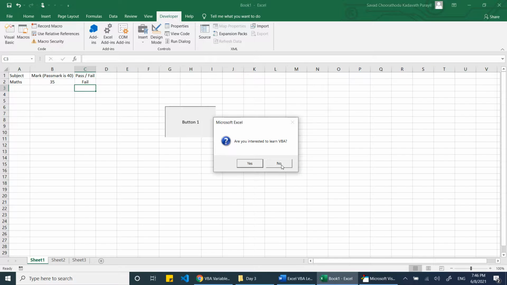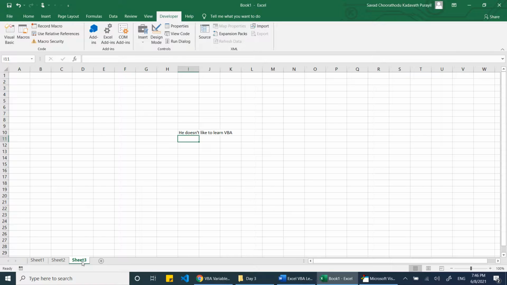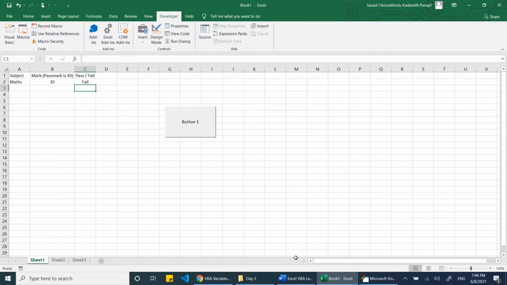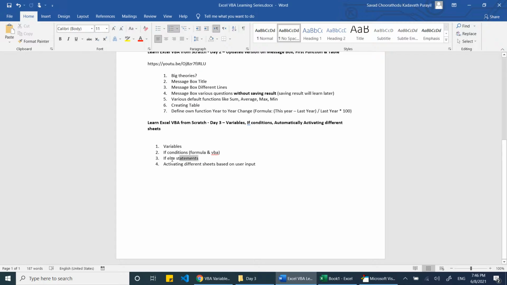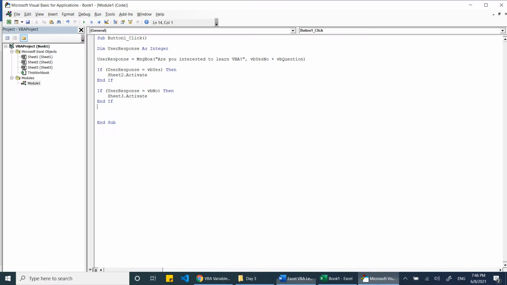Now let's see, if we press no, we move to Sheet3. So we have completed activating different sheets with If statements. The If Else statement we have yet to look at.